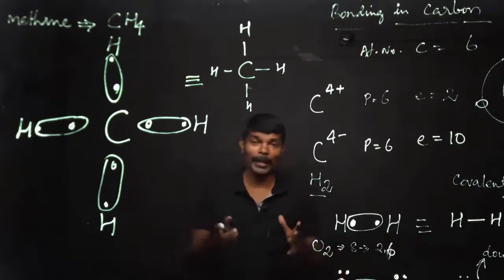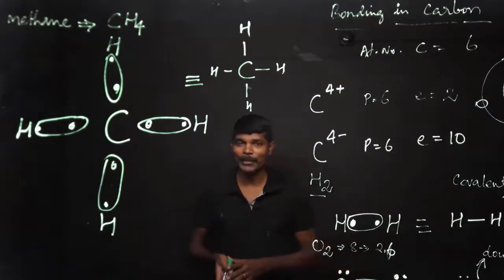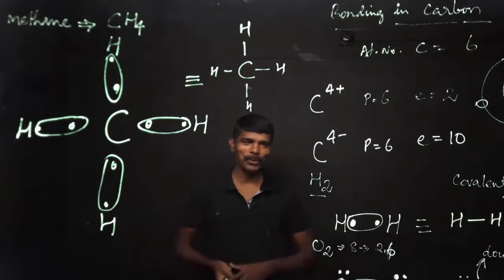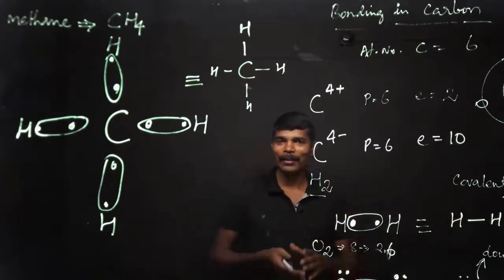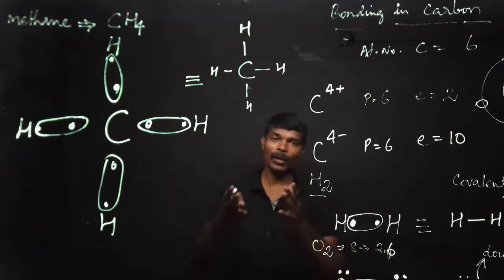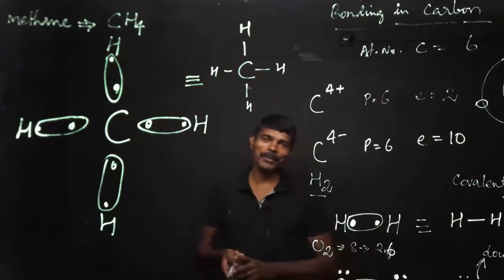So as far as bonding in the carbon atom is concerned, it is a covalent bond which is formed by sharing of electrons. I hope you found this video useful and you understood how a covalent bond is formed between the species, what a covalent molecule is and what a covalent compound is. With this, let me conclude this video.